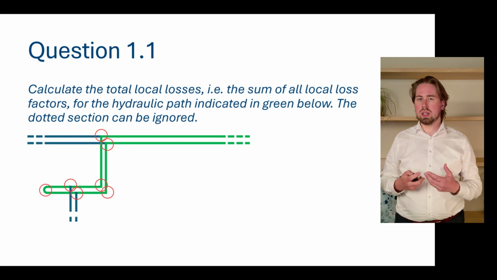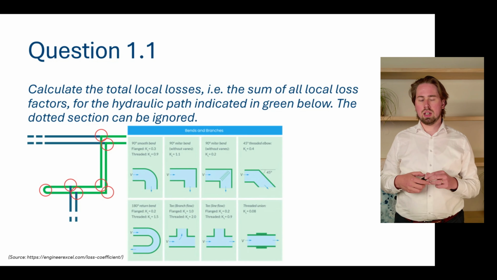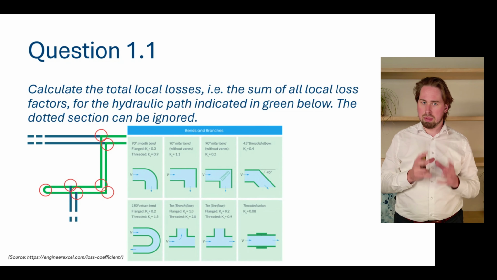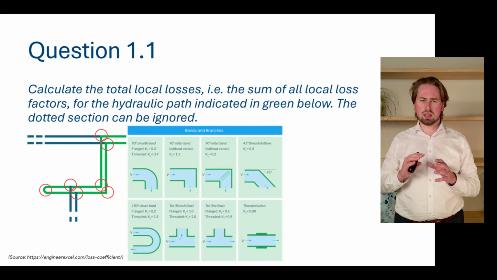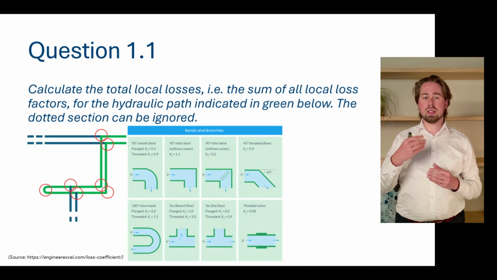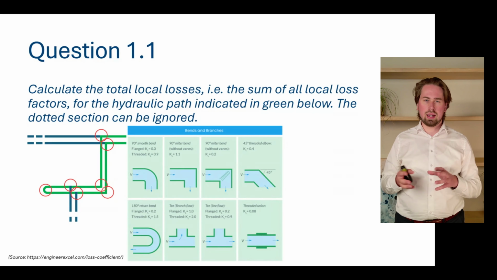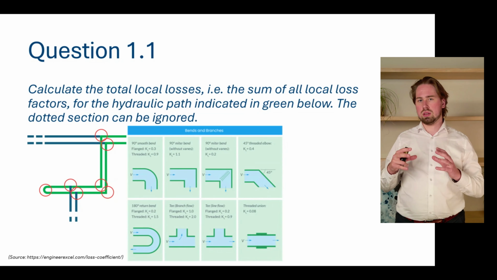And what we then do is we take a look at the table, for example like this one, and we say, okay, we have a 90-degree bend. Let's say it's a smooth bend, and let's assume it's almost like a flanged connection. Then we know that each bend is 0.3, and we do the same with the T-junction, where we go right through, and the U-bend. And in the end, we sum everything,